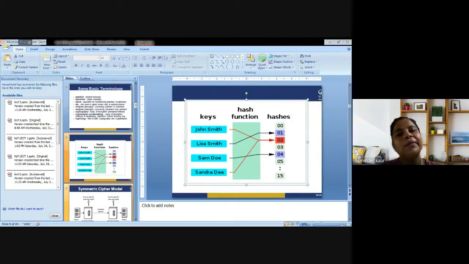Next is what is basically a hash table. So hash functions are used in conjunction with hash tables that are used to store or retrieve data items or data records. So the hash function translates the key associated with each data item or record into a hash code, which is used to index the hash table. So when an item is to be added to the table, the hash code may index an empty slot, also called a bucket, in which case the item is added to the table there.